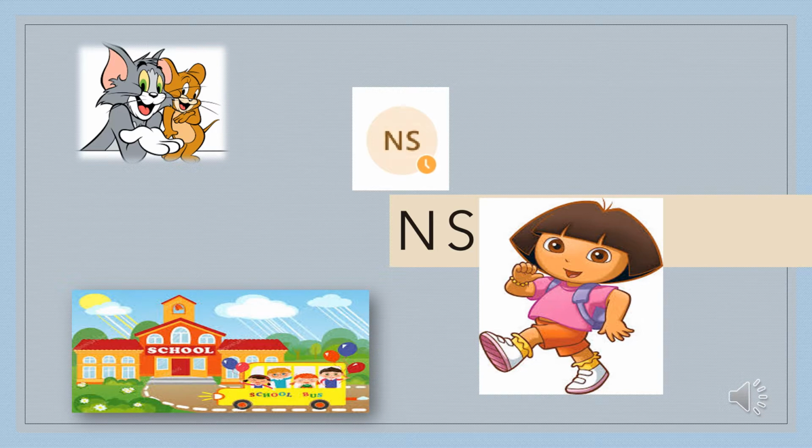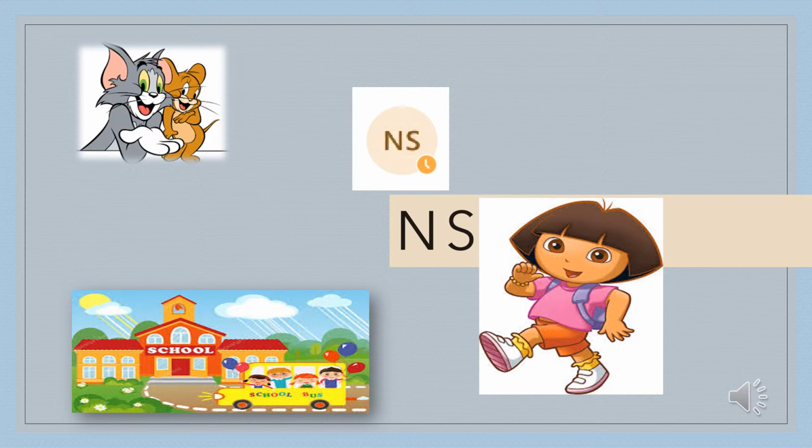Okay children, today's class we are going to start with the magic. You all want to see the magic? Yes? Okay, let's start that. See here on the screen what you can see. You can see there are few pictures on the screen. There's a school's picture. Tom and Jerry is also there. You like Tom and Jerry? Yes. And see here. Here you can see a girl's picture who is moving.